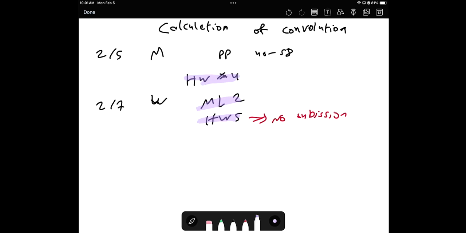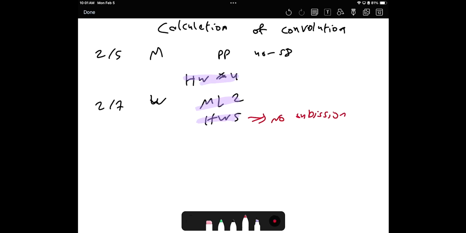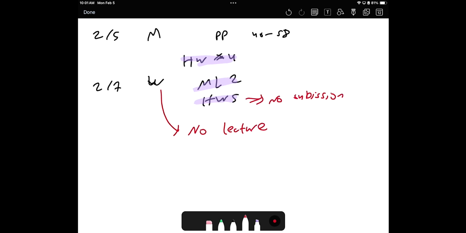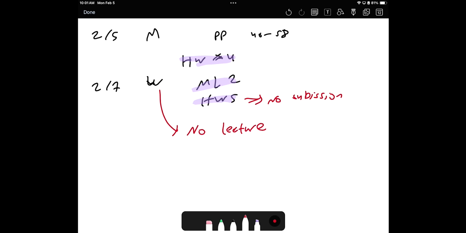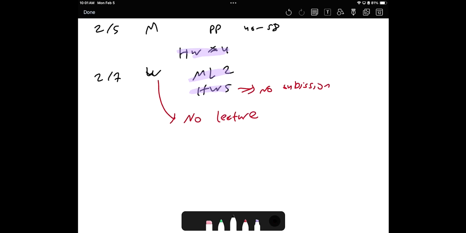Also, next Monday there will be no lecture. No lecture, no recording, so don't worry about it. I have some business work, and also we have good progress, so I don't need to record a pre-recorded lecture. So we can skip Monday, then we skip Wednesday. But remember the deadline for the MATLAB project is still on Wednesday, and you can take this opportunity to review the classes for the test.